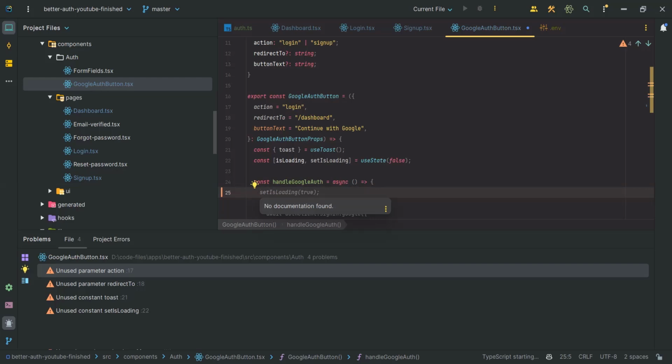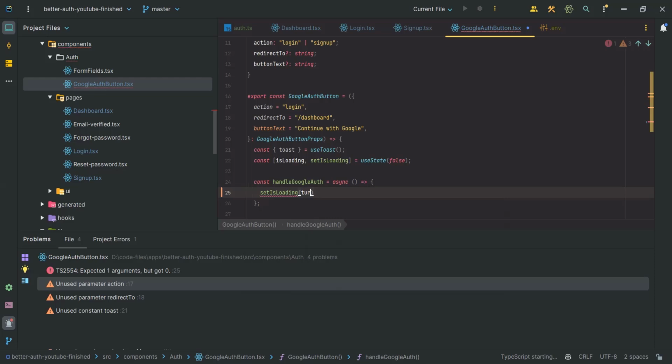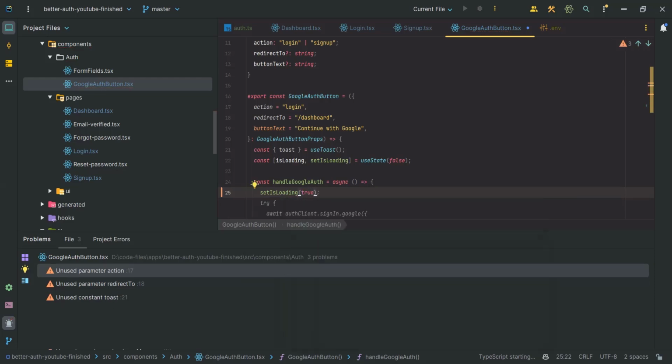In order to configure that, first we need to delete this, and inside this handle Google Auth we need to set loading to true first, because when we click this and process the Google sign in, we will show the loading state. So for that we need to